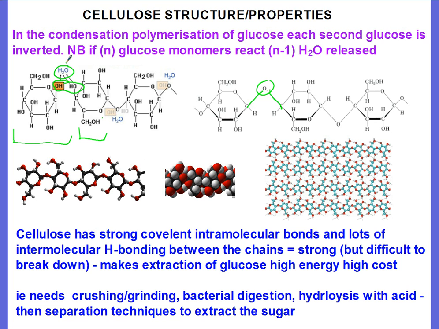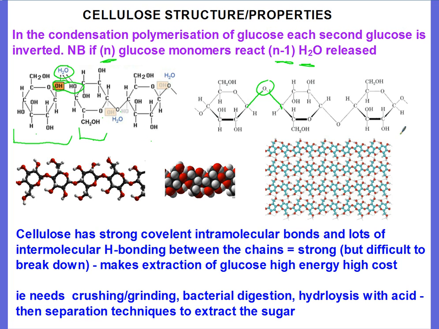Now, one trick they've put in the HSC in the past, just be aware, if you're reacting N glucose monomers together, you're going to get N-1 H2O's released, and that's because, for example, here we've got 3 glucose monomers. When you've got 3 monomers though, there's only 2 bonds being formed. There's always 1 less bond than there are monomers, hence you get N-1 water molecules released.